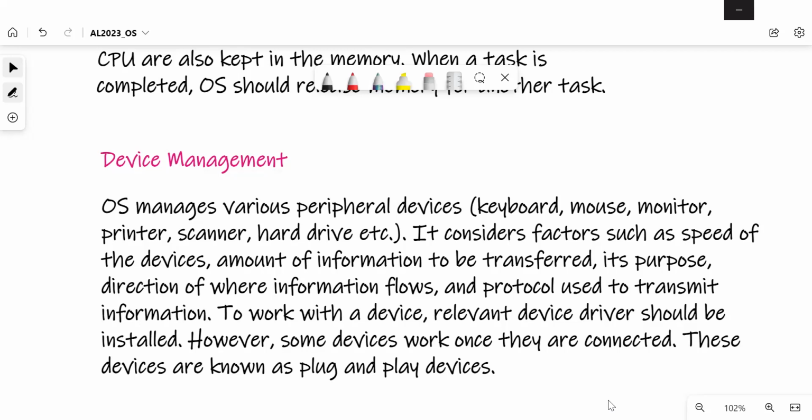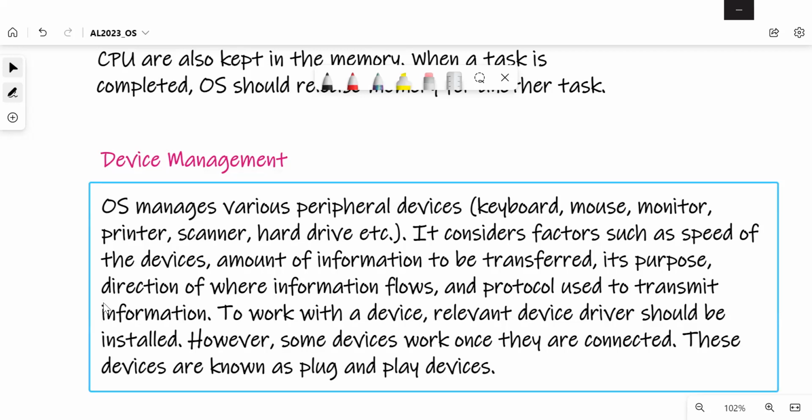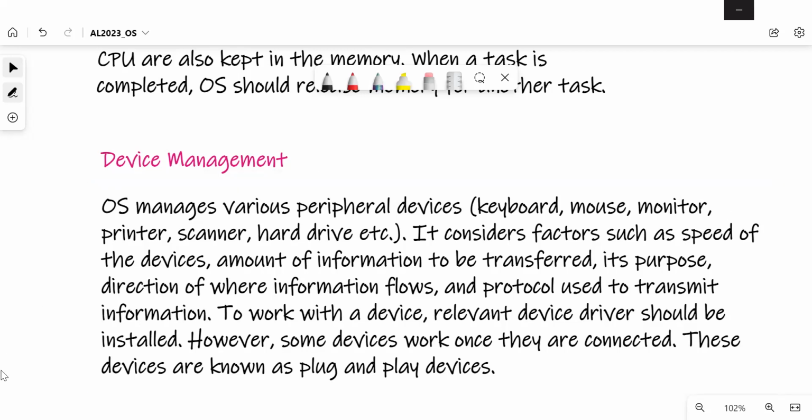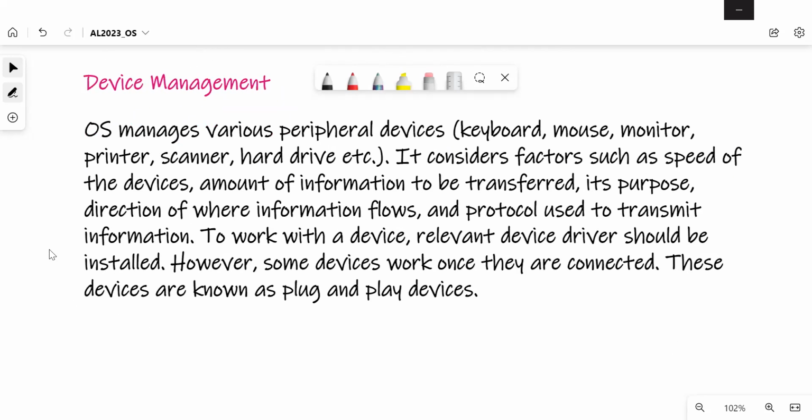Right. Let's write down more on device management. What we discussed so far is that whenever you work with multiple devices, we have to handle these different devices. For example, when you want to make a printout, you have to make sure that the printer is ready. You have to check all these. And these devices have different speeds.